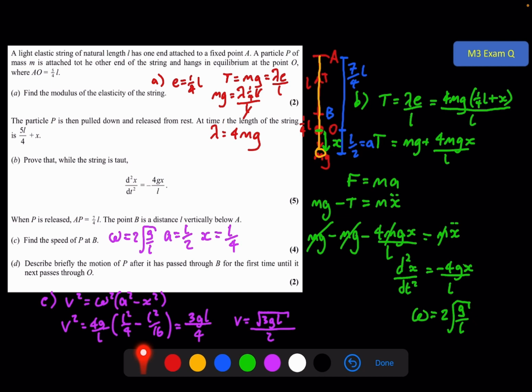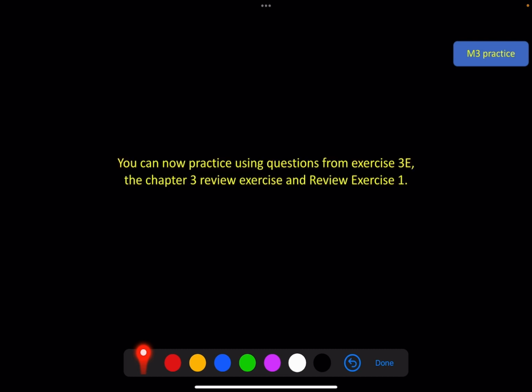I won't write all of that out, but the two key points it's looking for is that above the point B it moves freely under gravity, and then as it comes back down from B to O it moves with simple harmonic motion again. And that, I hope, is enough for you to have a go at the questions from exercise